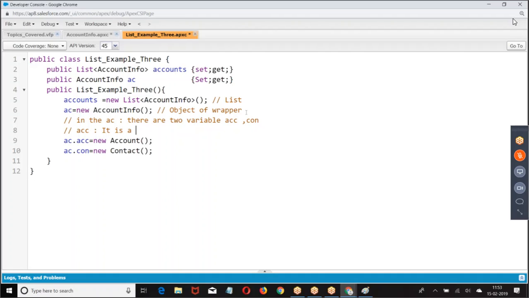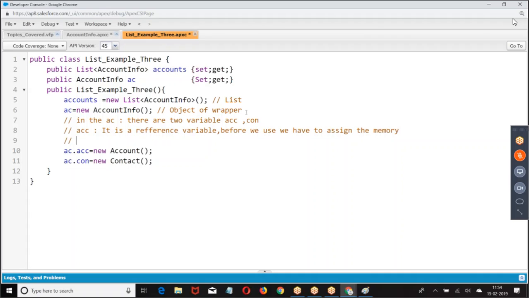It is a reference variable. Before we use, we have to, that's why I have given AC dot ACC equal to, right?